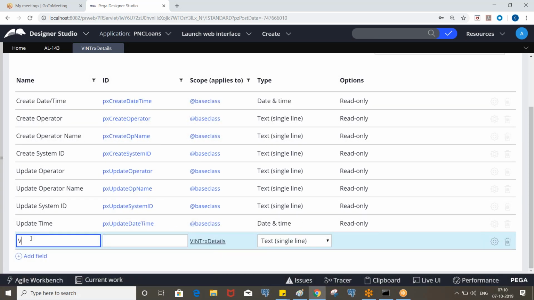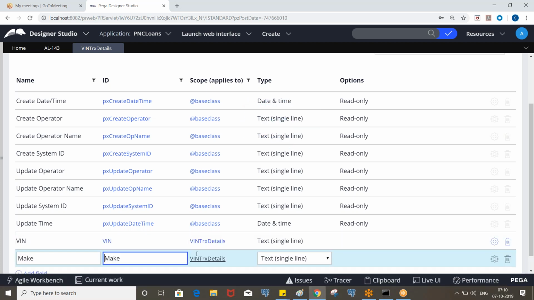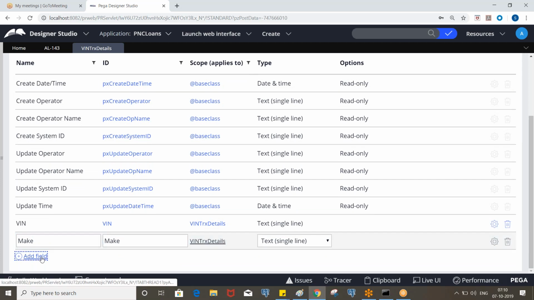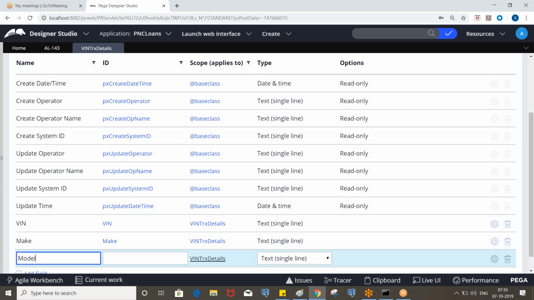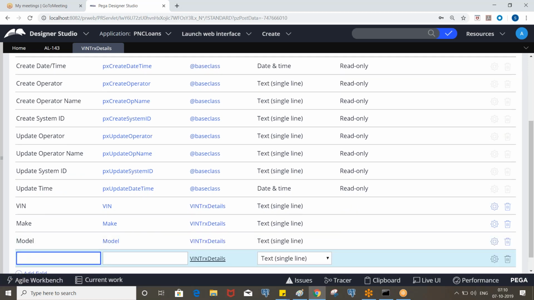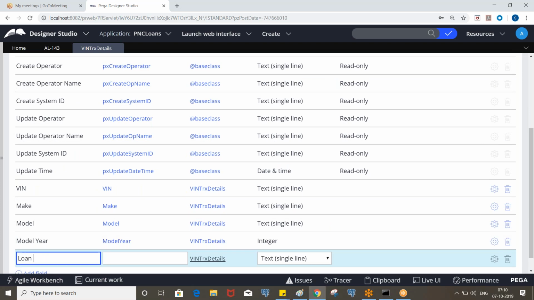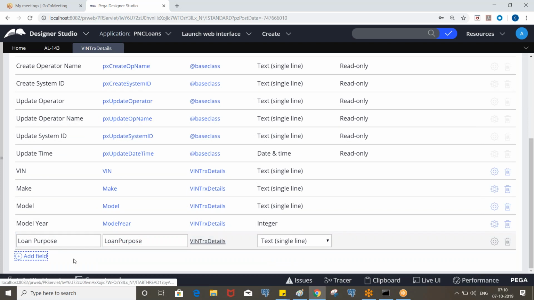Okay, so let's create properties: VIN, which will be the primary key, make, model year, which will be an integer, and loan purpose and loan terms.